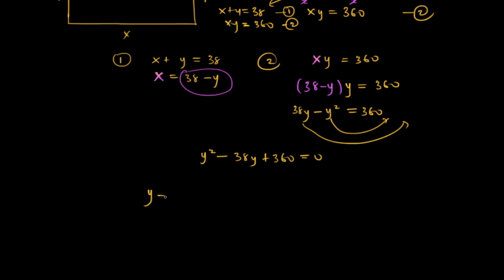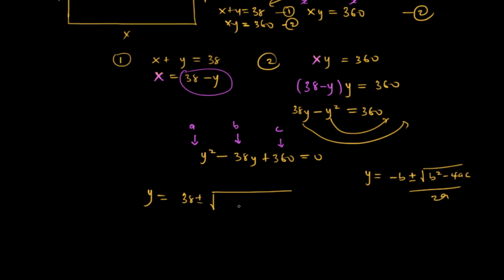So you recall the quadratic formula: y is going to be negative b plus or minus the root of b squared minus 4ac, divided by 2a. Here a is the coefficient of y squared, b is the coefficient of y, and the last term is c. So when we use this, negative b is going to be negative 38, which is 38, plus or minus